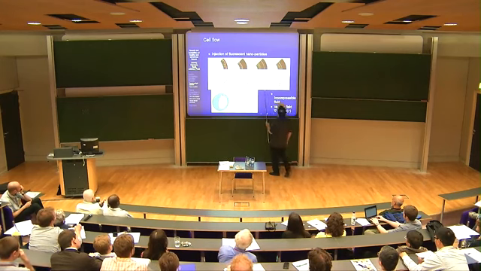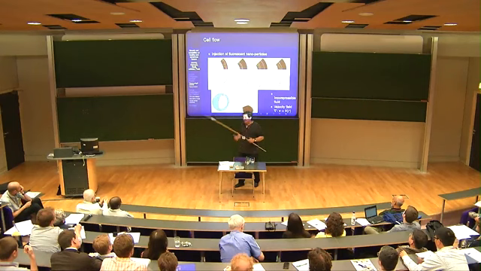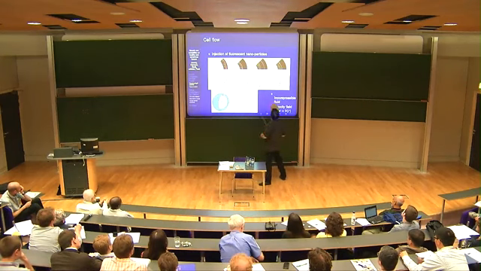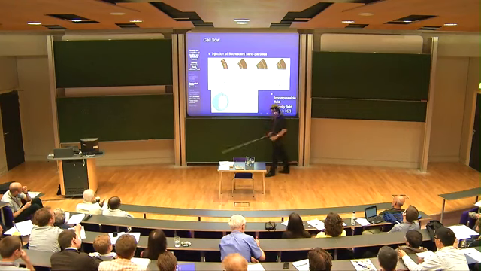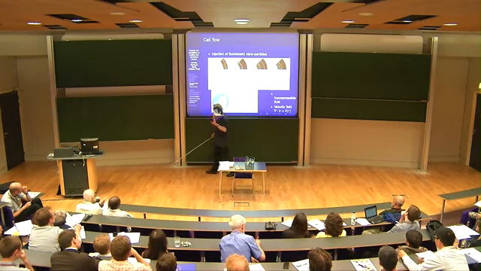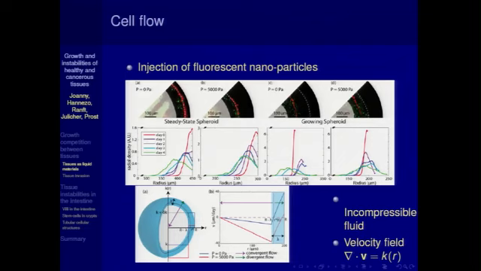Now, there's another way to do the experiment. You inject the particles, but you inject the particles before the aggregate reaches steady state. Then there is a growth. So the growth will take the particles outwards compared to their initial position. So at short times, they go out, and at long times, they go in. And all this fits very well, so we're pretty confident that there is a flow, and it's exactly what you can guess. And we can measure the growth rate and the cell division rates from these pictures, and they fit pretty well with the one we derived